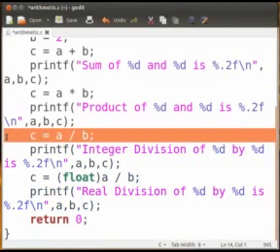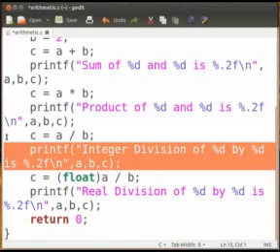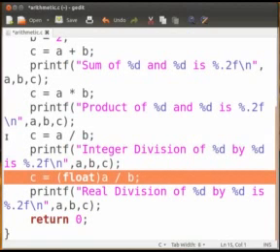In this statement, C holds the value of integer division of a by b. Please note that in integer division, the fractional part is truncated. The printf statement here displays the division output on the screen. In this statement, we are performing real division.